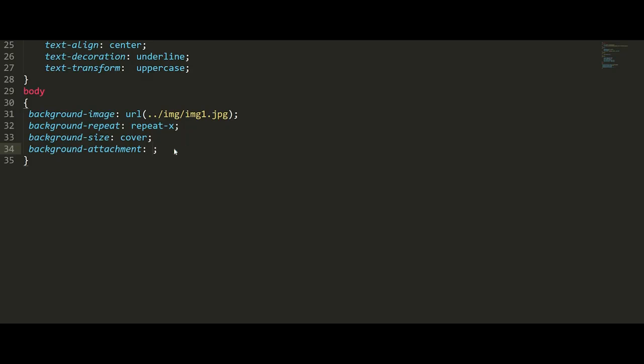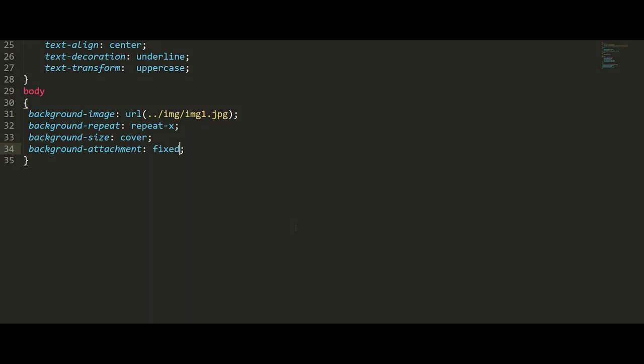When I change the scroll to fixed, you can check the difference. The background will be fixed, even though I am scrolling down, the background won't be affected. This was fixed. I am just showing this as an example of how to give the background property. You just work it out according to this.